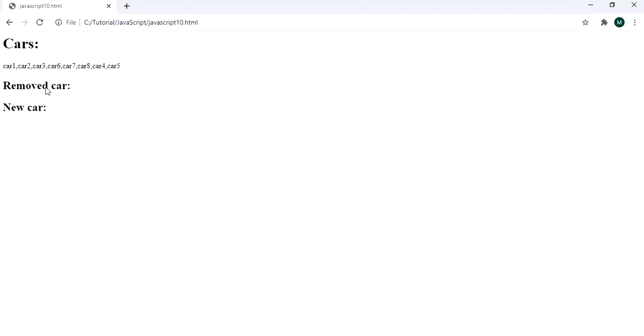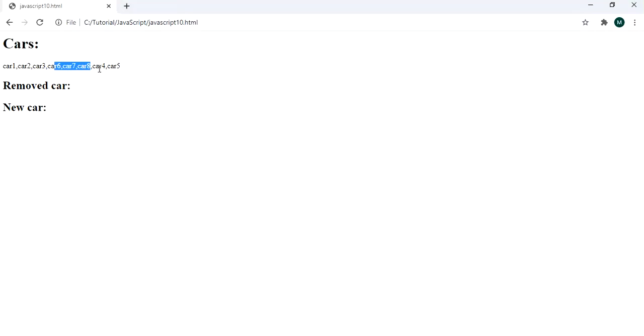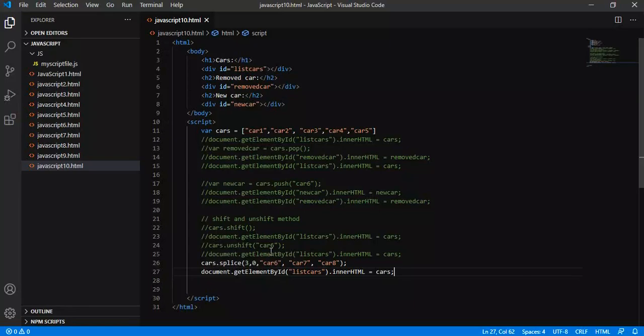So car 1, car 2, car 3, 6, 7, 8, car 4, car 5. Starting with 3, it added all the elements, and then whatever it already had, it printed. So this is how we can define the parameters.